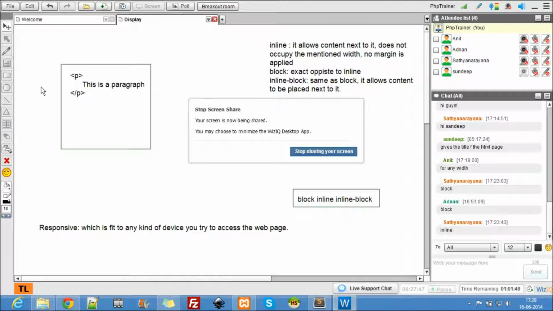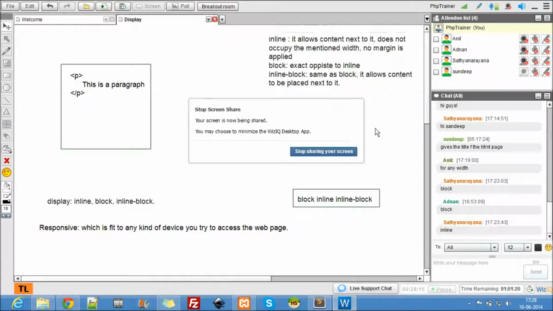So now let's frame our syntax for the display property here. Display can be inline, block, inline block. There is one more property which I'm going to show now. Now I suppose you guys know the difference between all these three values of the display property. Alright, this is the syntax.